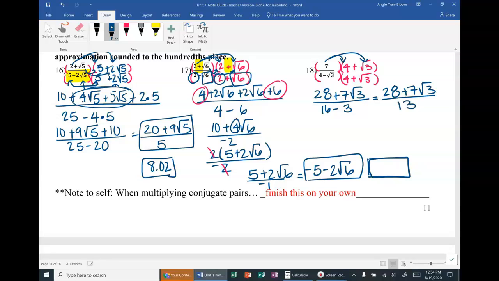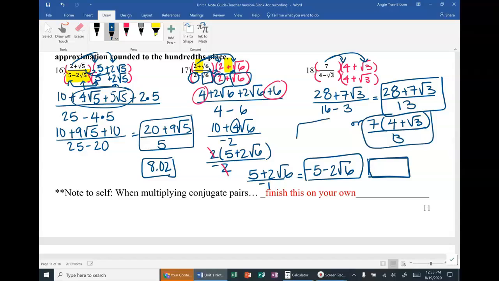Now, most likely, I want to say, okay, well, can I simplify? On the numerator, you can technically take out a 7, right? But the 13 is already a prime number. So even if you're able to take out a 7, you can't really cancel. But it's not wrong to take out a 7 because 7 times 4 is 28. So you're going to write 4 plus rad 3 all over 13. That's also okay. All right, one last thing you must do for yourself here is give me the decimal approximation